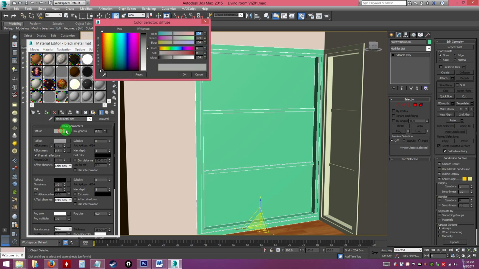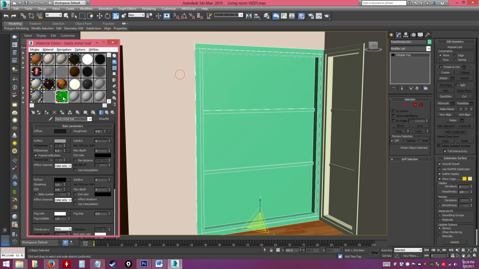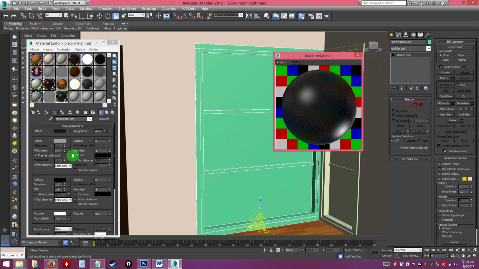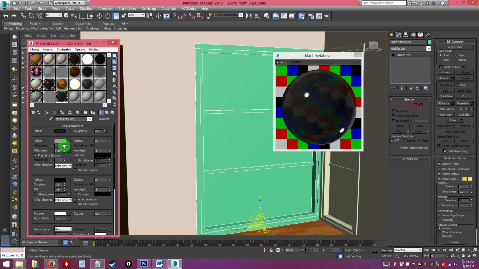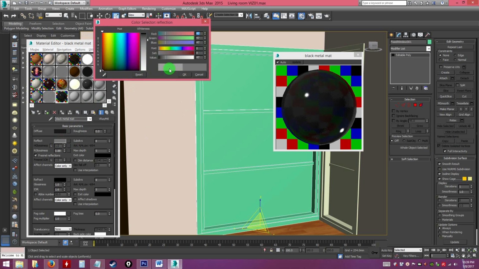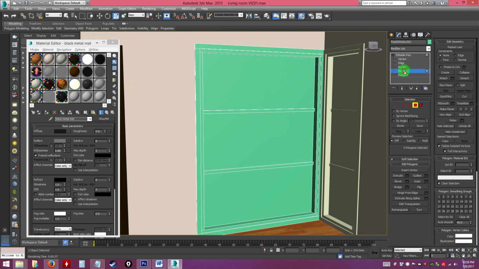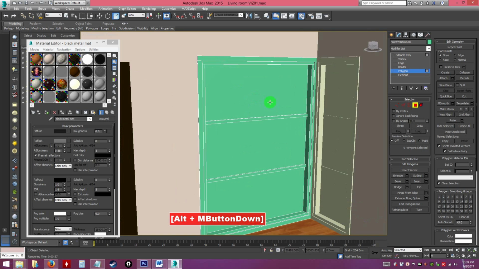And change the diffuse to more black. Okay, something like that. Not too reflective. Alright, now I'm going to go to the polygon level and select the whole polygon,